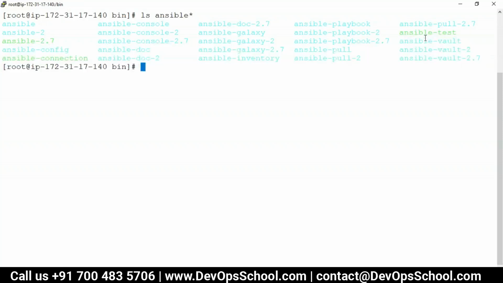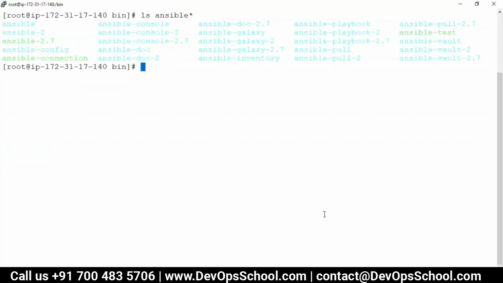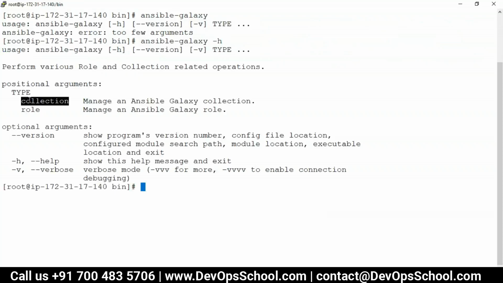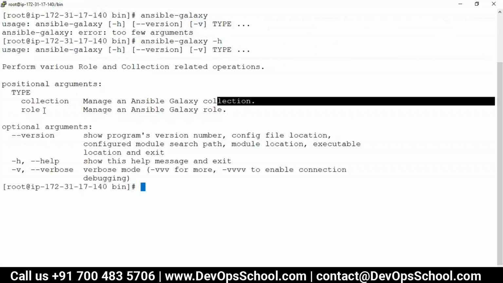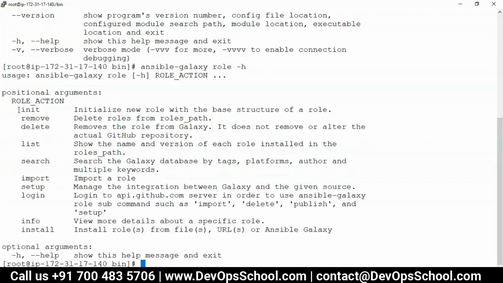If you are into testing, automation testing and acceptance testing and all, here it is. So yes, many things are there for that. So I am talking about Ansible Galaxy. It's a different utility and you have so many options here also. So here -h, and look at this here, collections and roles. Here you see Ansible Galaxy collection and Ansible Galaxy role. Most of the time we want to work with a role. So here role -h, and you see what you can do.